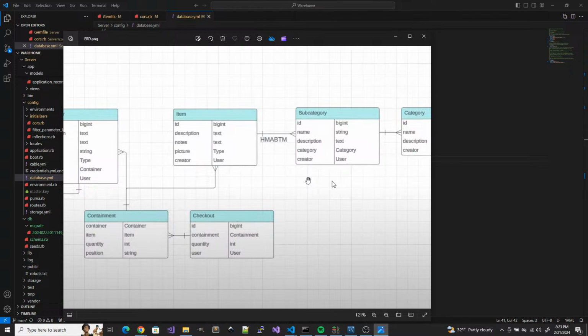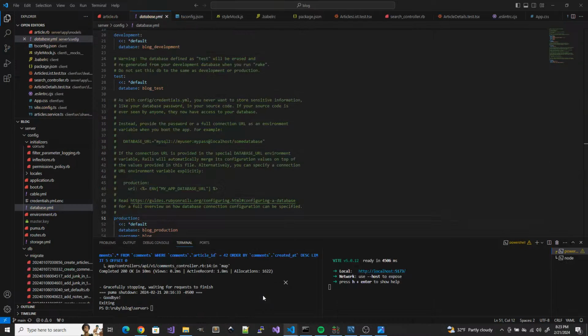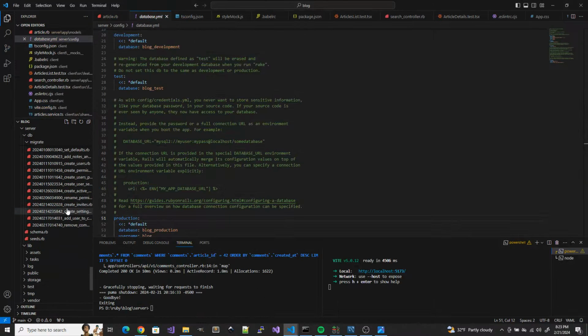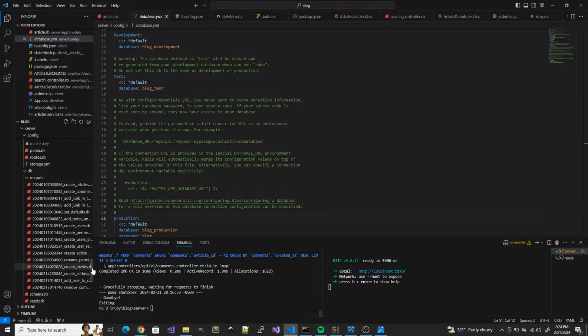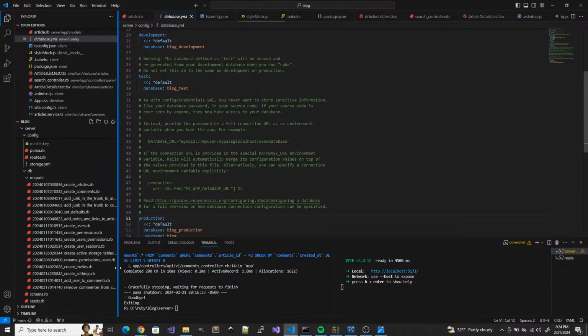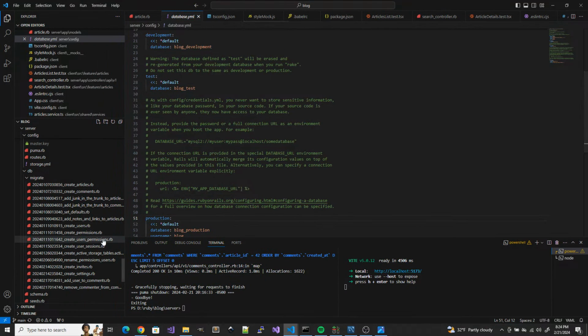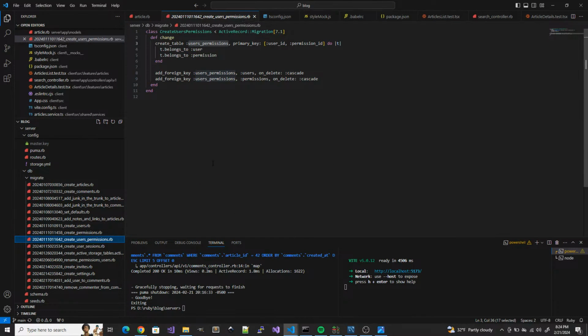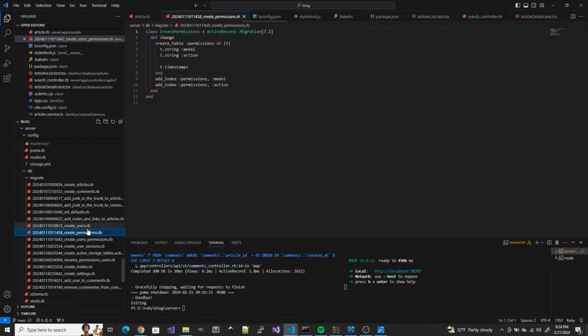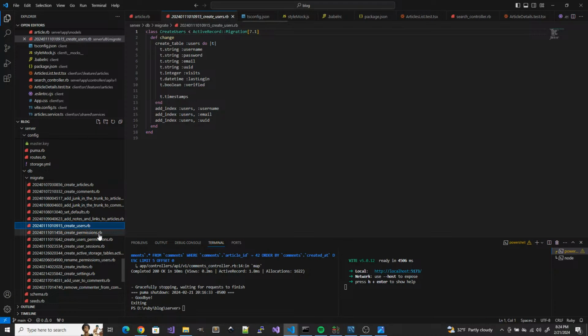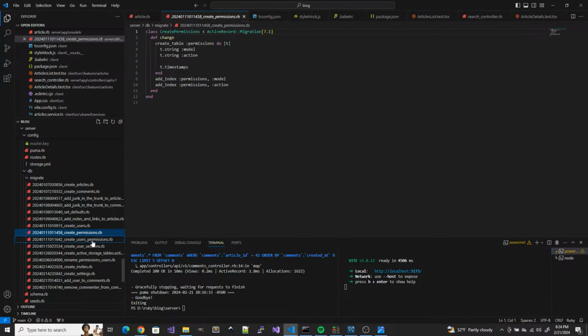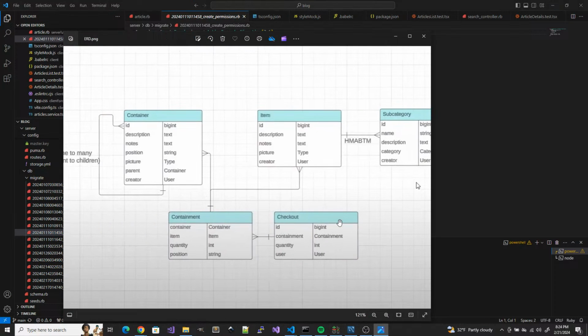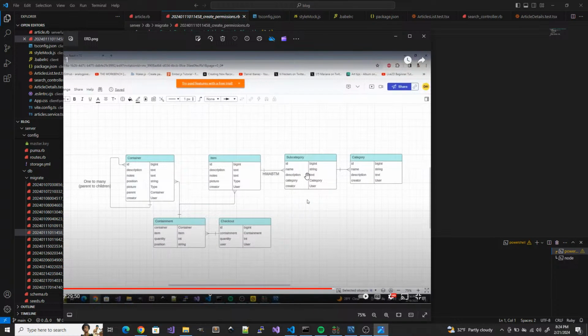And when I create subcategory, I should look at how, let's see. I believe that when I did users, I created the join table as a separate migration for this. I think that's what I'll do here as well. Once we get through this model, and we probably will today, creating all these tables,